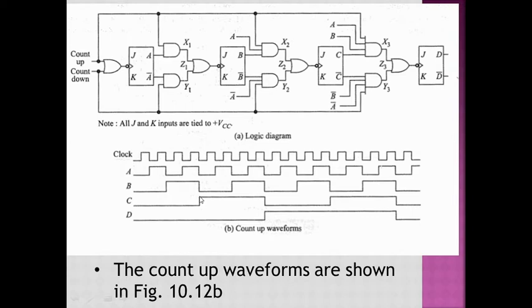So on the fourth clock pulse, flip-flop C is going to toggle. Until that, flip-flop C remains in its previous state. That means it was reset and remains reset. Again, you can see what happens as soon as A and B are going to be high. A and B are going to be high, again X2 is going to be enabled and the 8th clock pulse will pass through to the flip-flop.